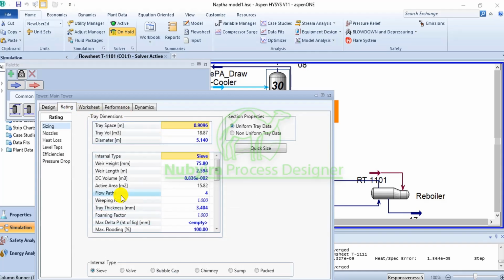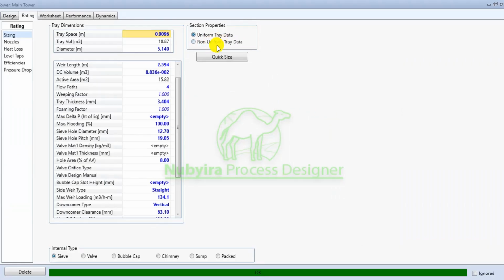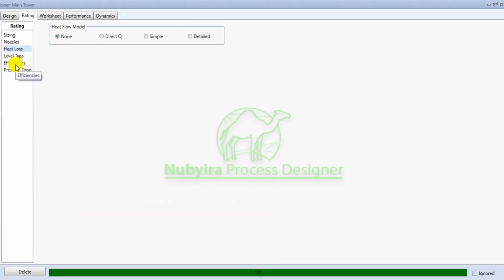You see everything here. You can see the sizing for the tower, the diameter, the tray spacing, which is for the heights. It is uniform because I specified the uniform one. If you have non-uniform data, you have it here, or you can quick size it. Then you have the type, which is sieve. Then you have the nozzles for the stages and for the feed and the product nozzle. This is the feed nozzle and this is the product nozzle. This is the elevation. For each of the stages, you have the nozzle here too, whether you are using it or not. You also have the heat loss calculation if you want to model heat loss for each of the stages, but since we are not working on it,